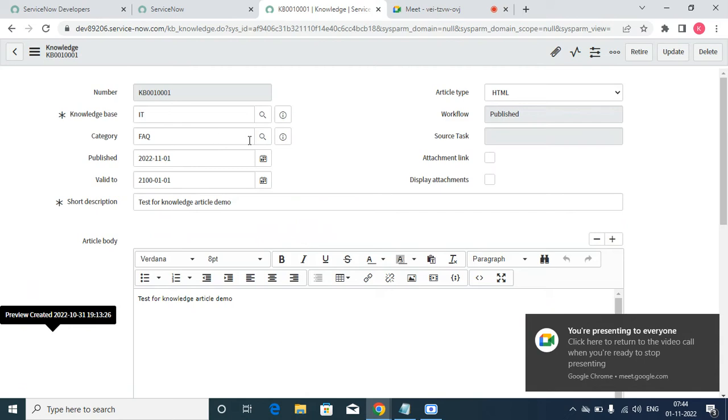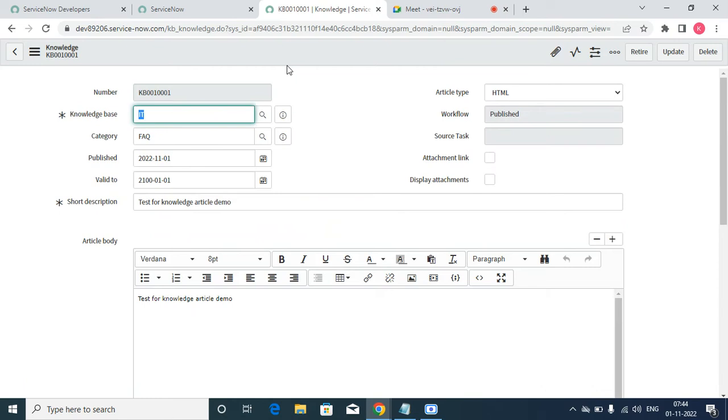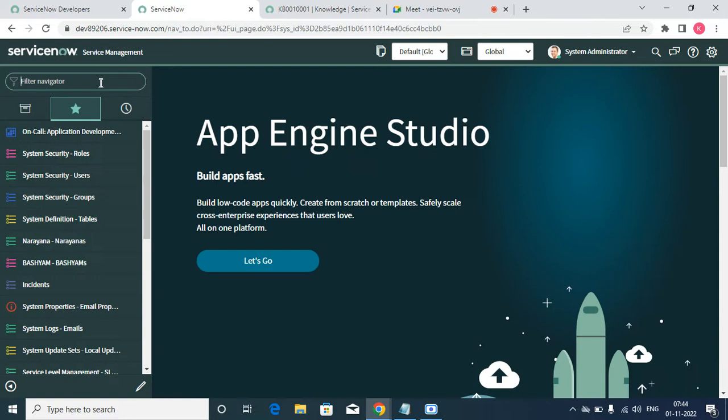And if you want to create a knowledge base, a knowledge base is nothing but a category. Like in Flipkart, we can see payment related issues and replacement related issues, or some different types of issues. The same thing is also there. So if you want to create a knowledge base,